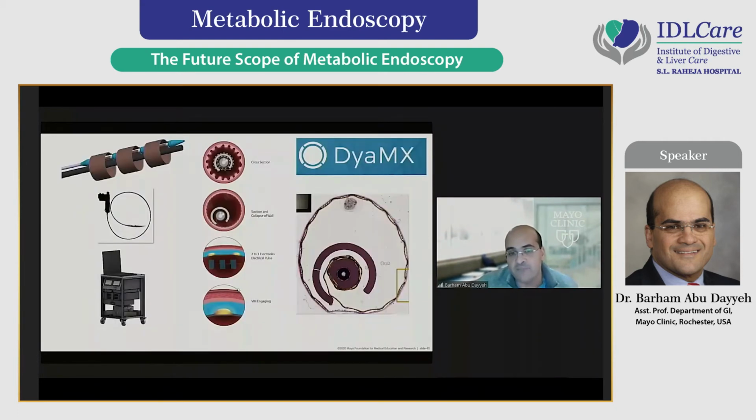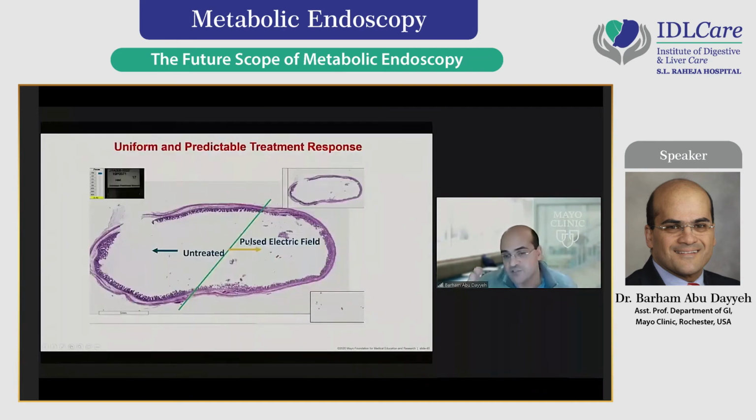This is based on a company in Minneapolis called Dayyeh that introduced the benefit of pulse electrical field to hollow organs. And now you could ablate large, wide circumferential areas in the GI tract without the use of thermal ablation or energy, using this pulse electrical field. And you could see this is one of the experiments, and this is where we introduce it to half of the lumen. This is the unablated duodenum, and this is with one step on a pedal, you could ablate the entire duodenal surface with no heat delivery whatsoever.